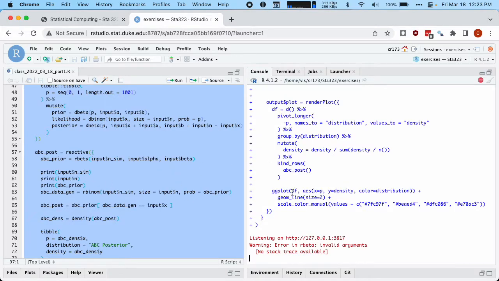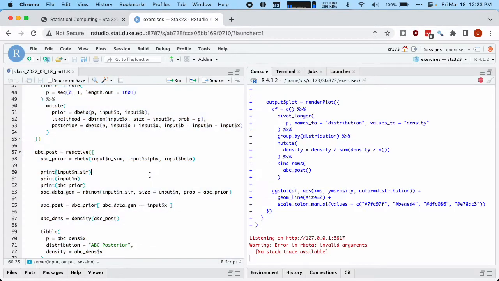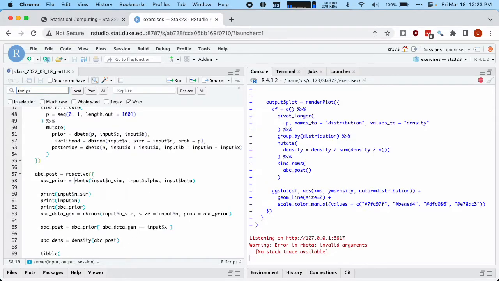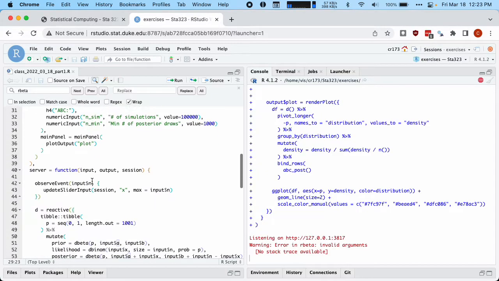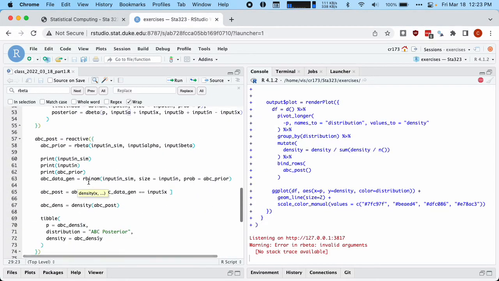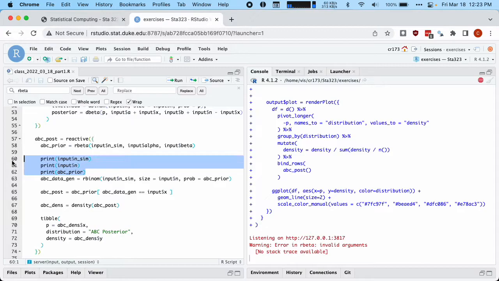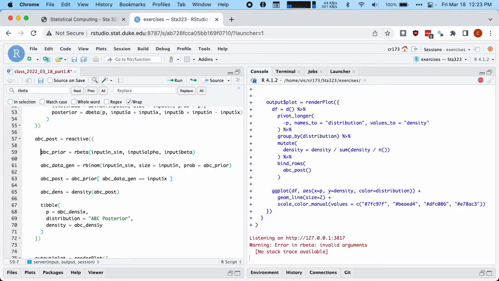So I'm not getting anything printed. Sorry, it was in the R beta, not the R binome. And so I was calling it alpha and beta when we were calling them A and B before. So the issue here is, and if we move these up,